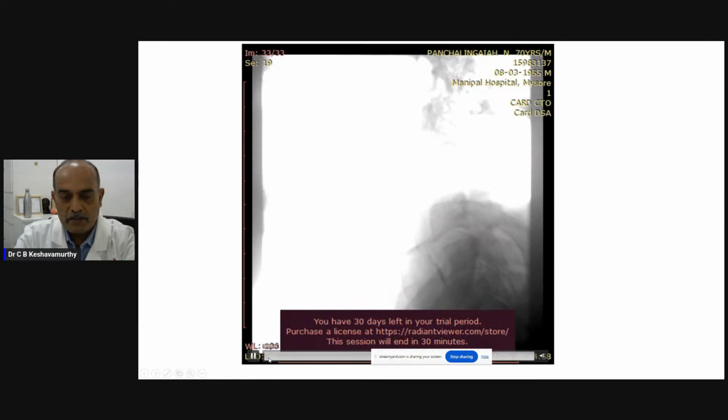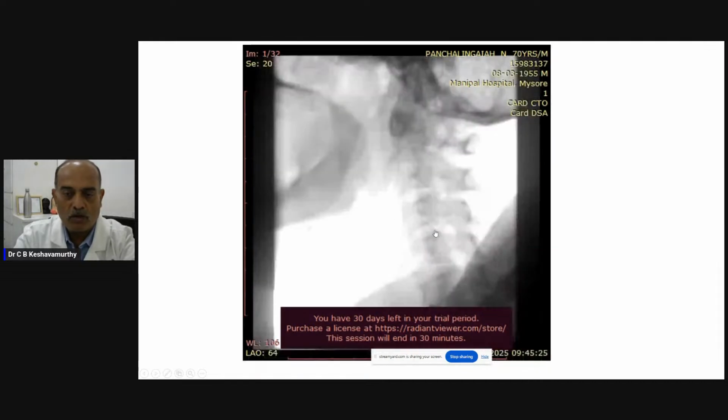So if you see in this picture, the internal carotid artery is completely occluded, which is a somewhat unusual finding in the cranial circulation. So if you see, this is the external carotid artery, which is continuing. This is the internal carotid artery, which has completely become like a stump. And what circulation was present has got completely occluded because of a thrombus. So this time we were more prepared.